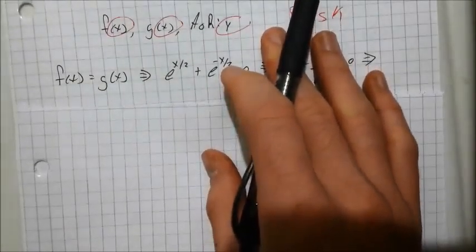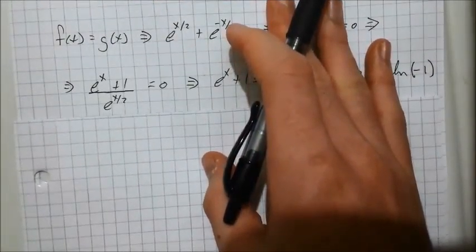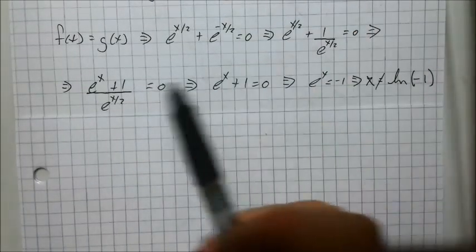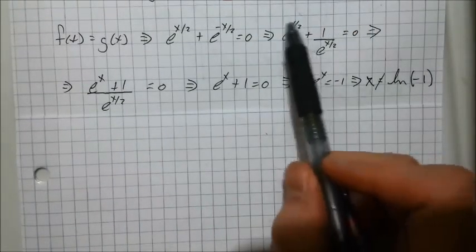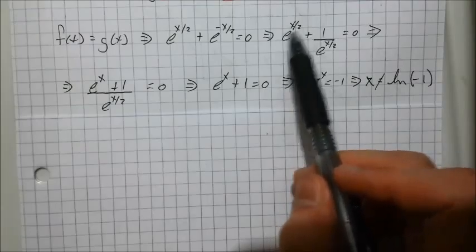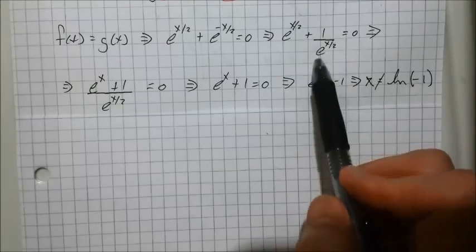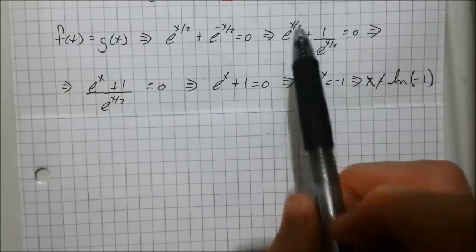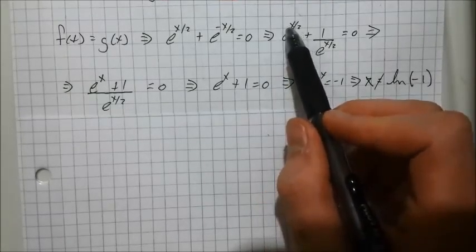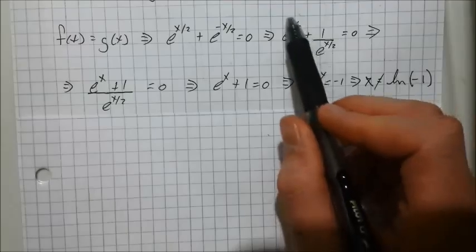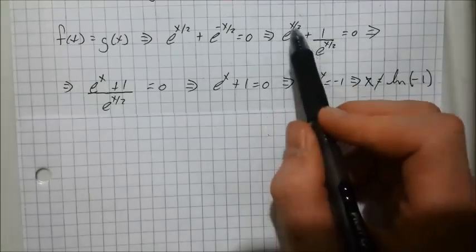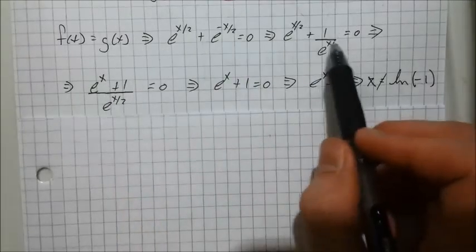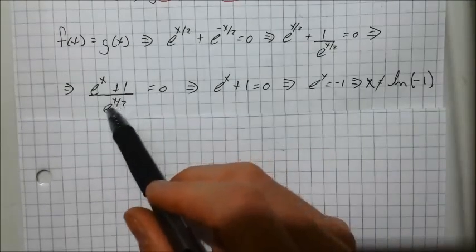From here, we can find a common denominator in e to the x over 2. So we multiply this term by e to the x over 2. Because they have the same base, we add exponents. When you multiply, you add exponents if they have the same base. And if we add x over 2 plus x over 2, that's 2x over 2, and then the 2's cancel, leaving us with just x. So we have e to the x plus 1, which is this one right here,